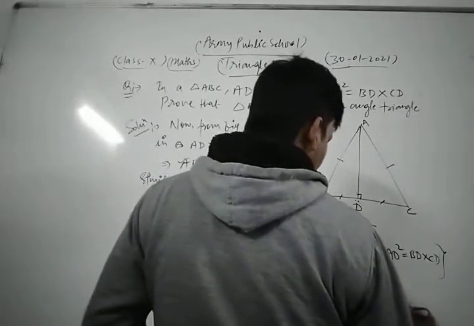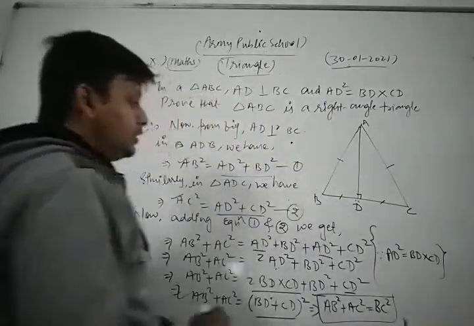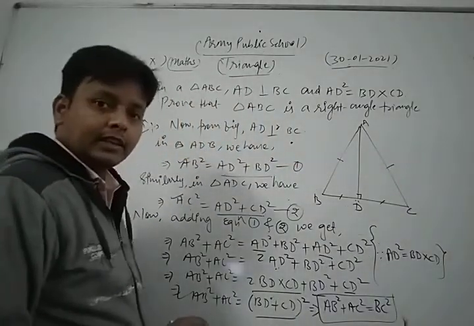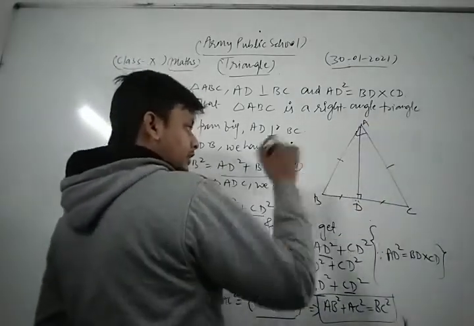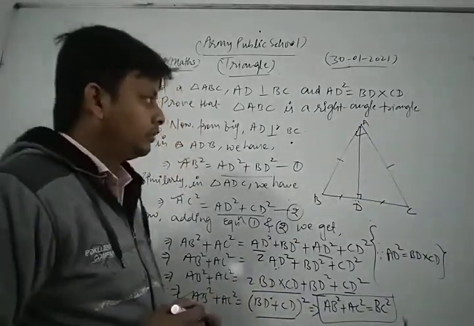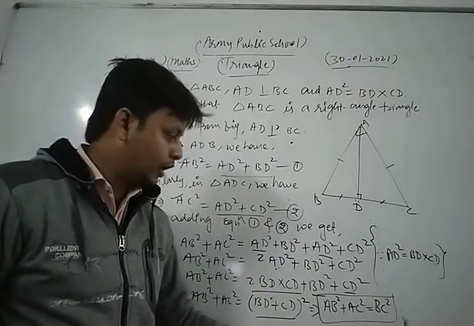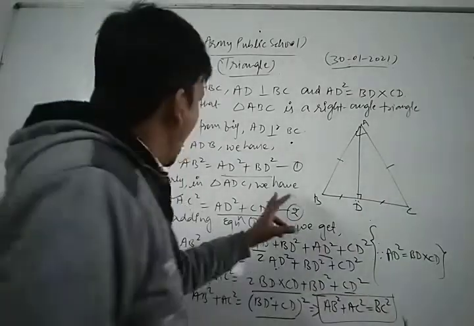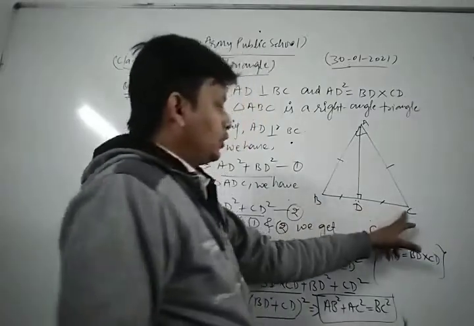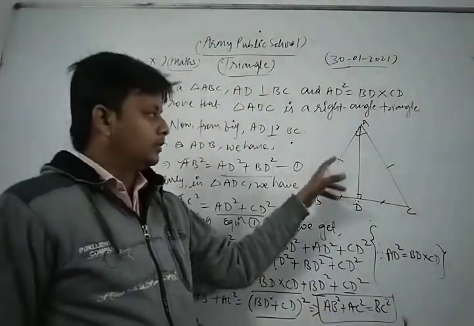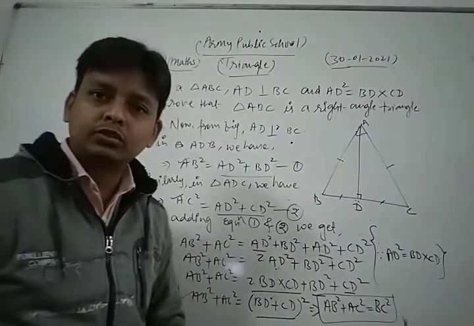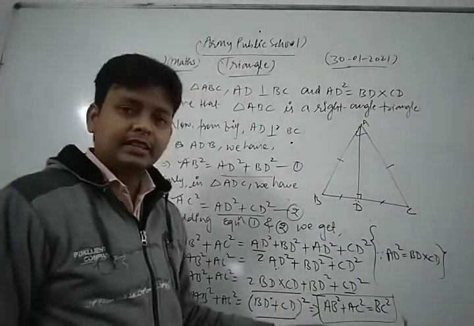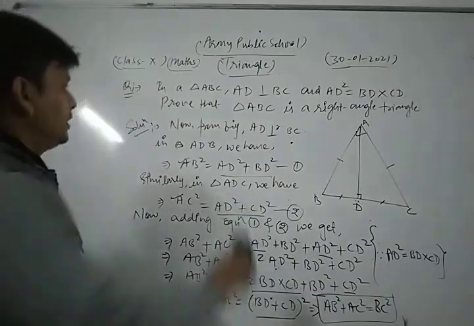BC square. Hence proved. Thus triangle ABC is a right angle triangle at B. The side opposite the right angle is the hypotenuse, so this is the hypotenuse. The square of the hypotenuse is equal to the sum of the squares of the other two sides. Thus in this way we can say that triangle ABC